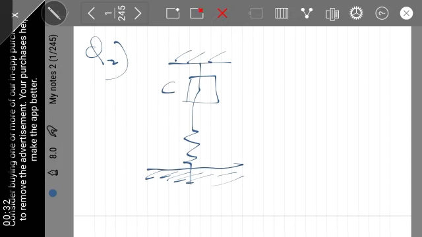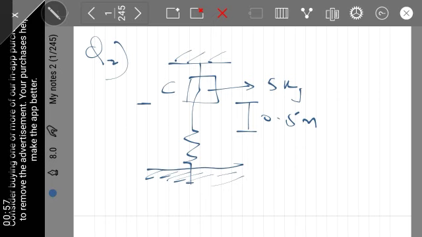The question goes like this: a 5 kilogram collar C, at 0.5 meters, is released from rest